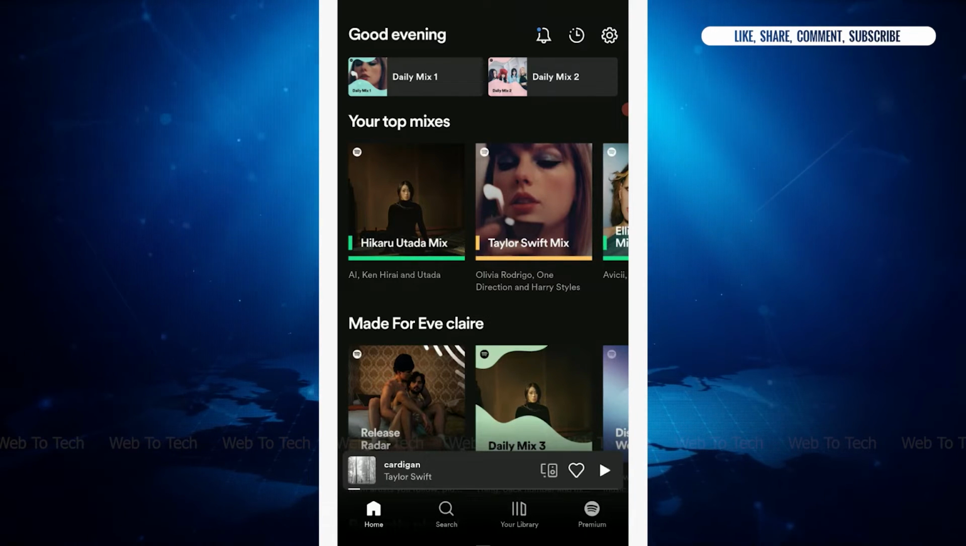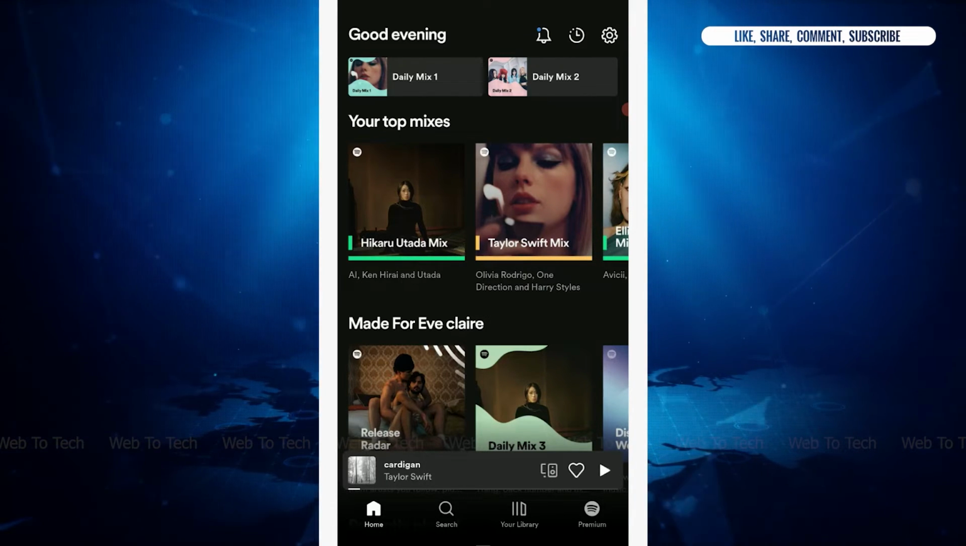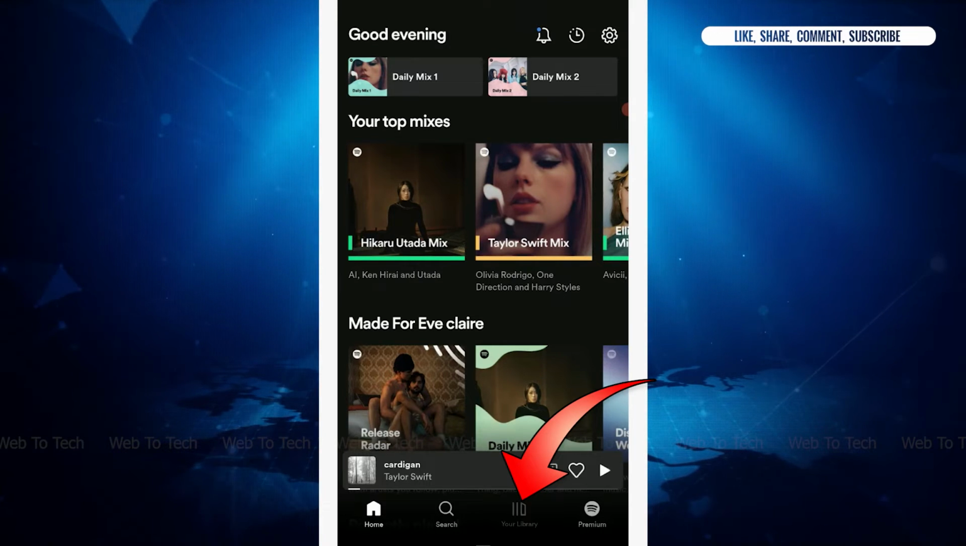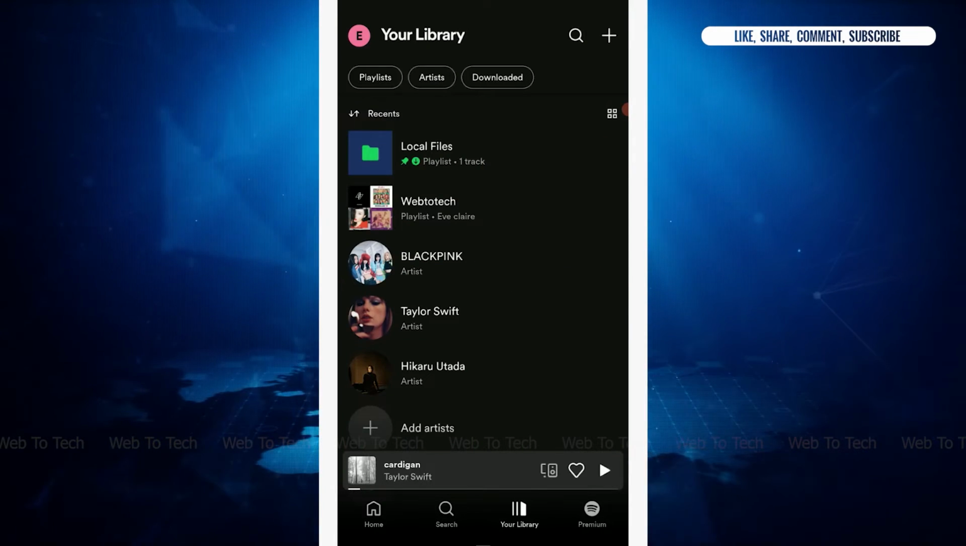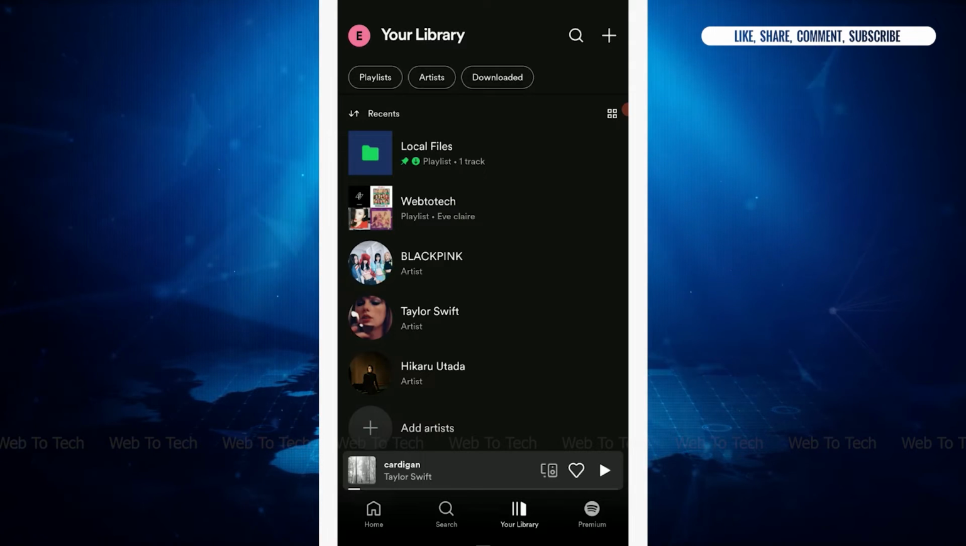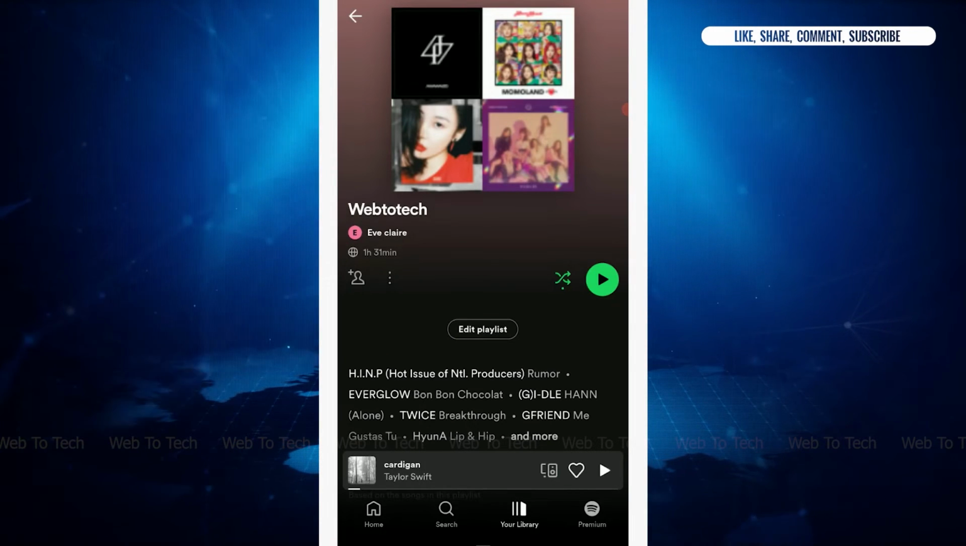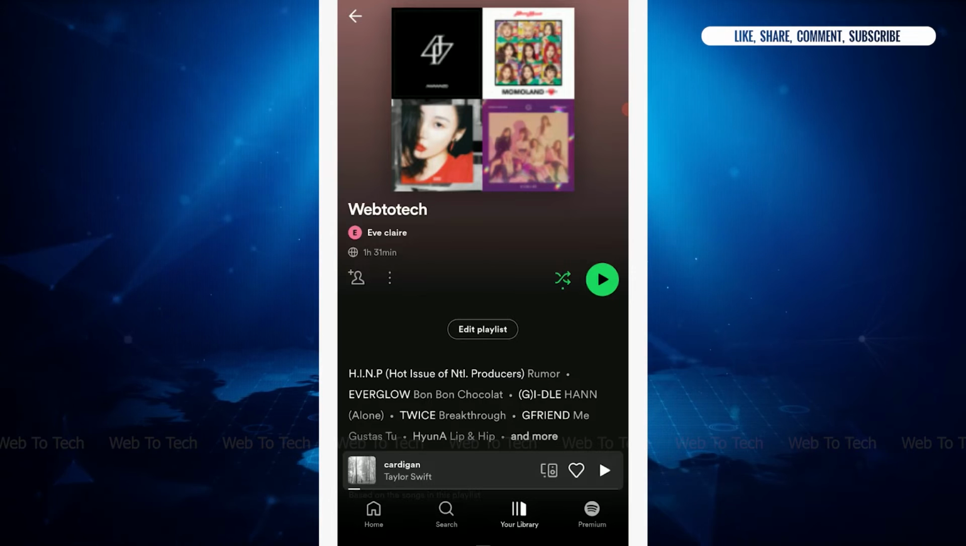Now once you're at the home page, you tap upon the playlist. To do this, tap on your library first. Then from the library, you select the playlist to which you want to turn off the shuffle. Tap that playlist name. It will direct you to the playlist page where you will have all the songs and